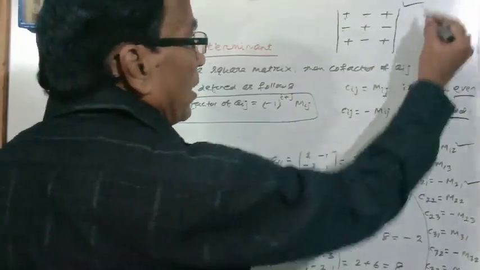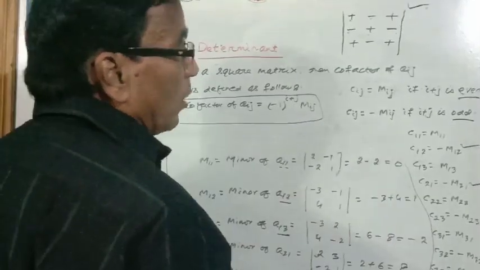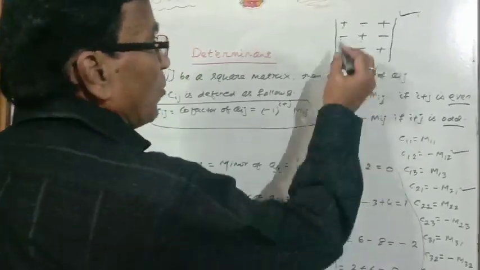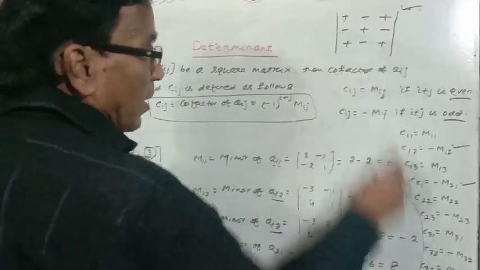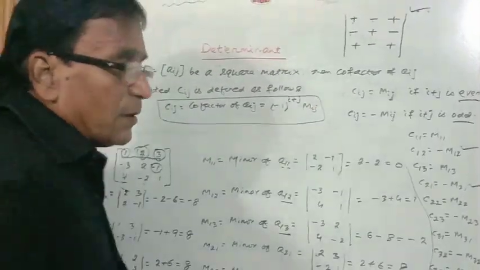So for your convenience, whenever you have to find out cofactor, just find out first the minor, and according to this rule, you find out the corresponding cofactors of those elements. So this is